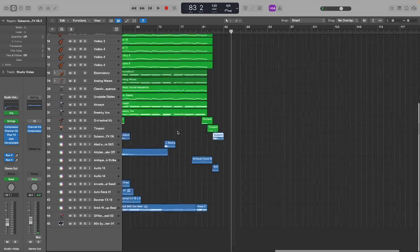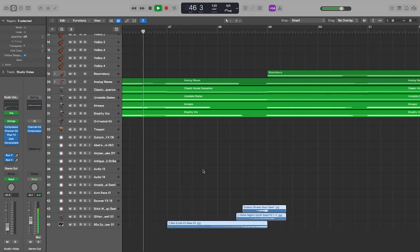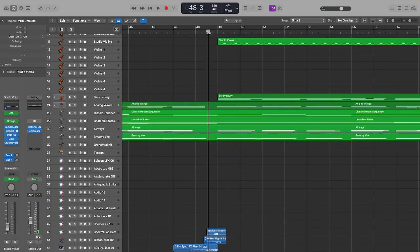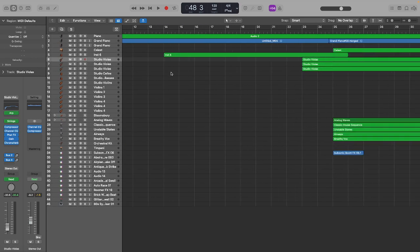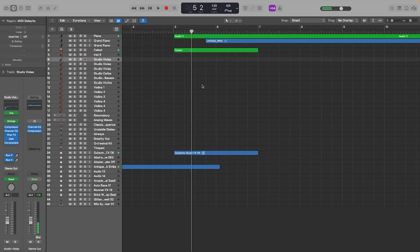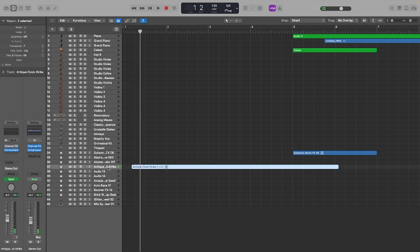So that's about it. Of course, there's some extra little stuff here and there. That's the chorus, and then we got some extra risers leading into verse 1. I only did that to hide the stitch, essentially, from me stopping recording at verse 1, leading into verse 2. And then at the very beginning, I really don't like starting like this with just that one hit. So I added this antique clock because I thought maybe Tom Scott likes antique clocks or something. And I think I had to pitch it up